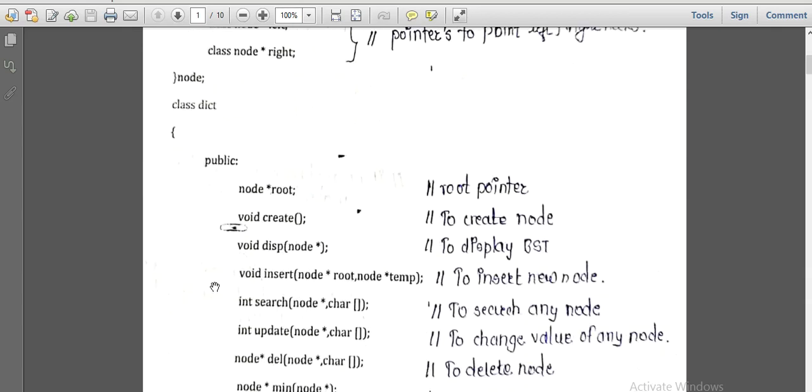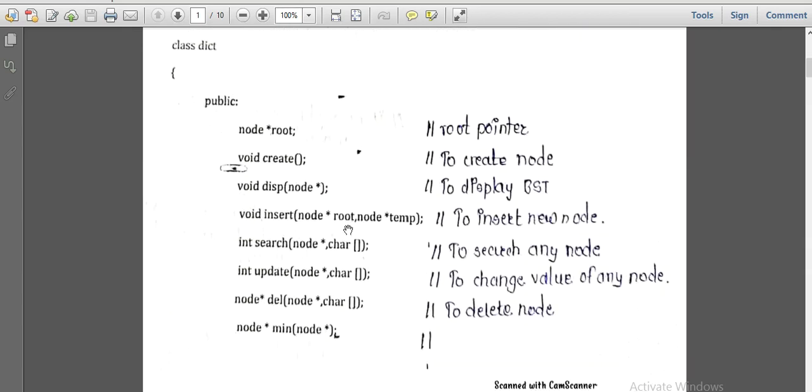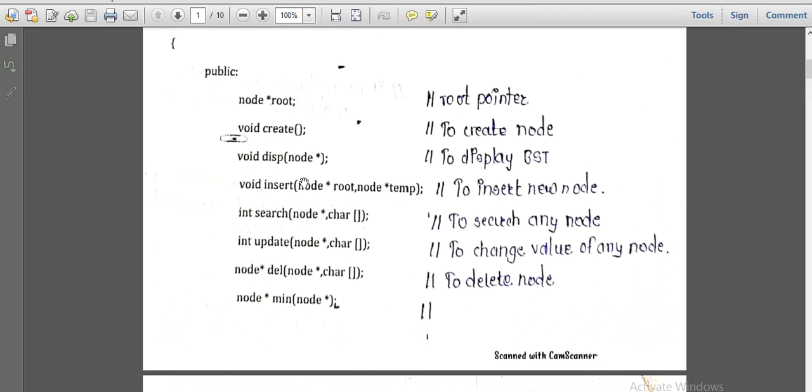Next we have defined a class for the dictionary. We are giving the name dict to that class, and here we have created many functions. You can see we have written many functions over here. The definitions of these functions are written outside, and whenever we write the definition of a function outside of the class, we access the class by using the scope resolution operator. The same thing we are going to do here. So here the definition is given, and the function names are given here.